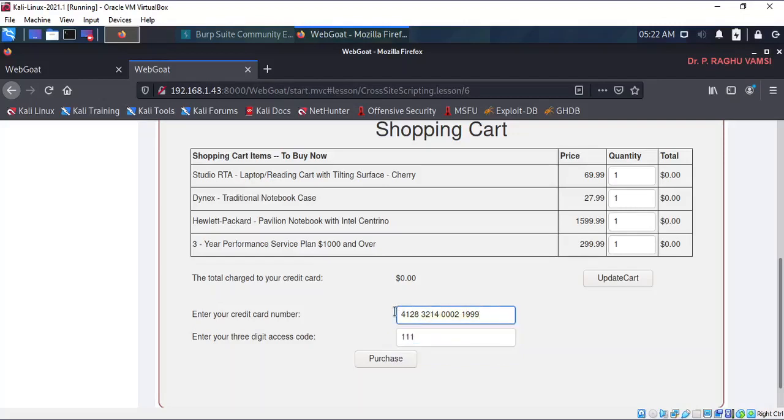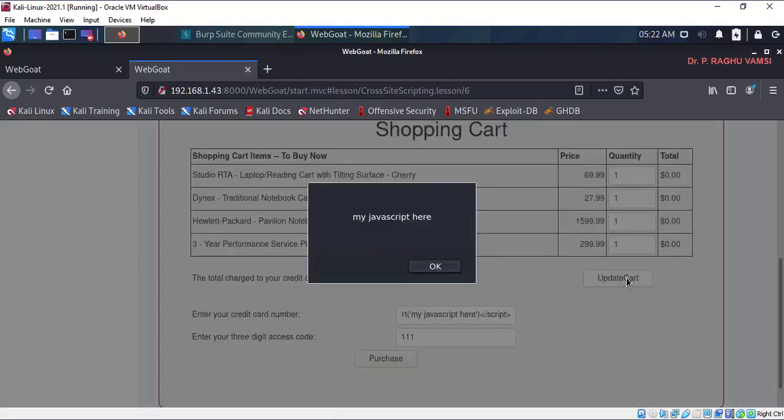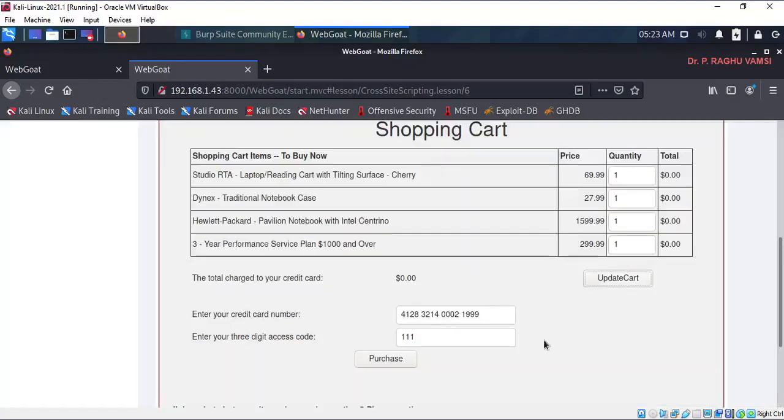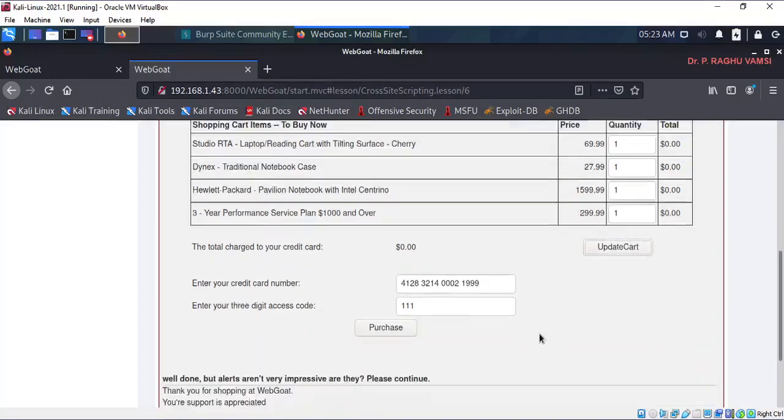And let us go for this one and update cart. Yeah, we got this. My script here, my JavaScript is here. That means this particular text box is vulnerable to reflected cross-site scripting.